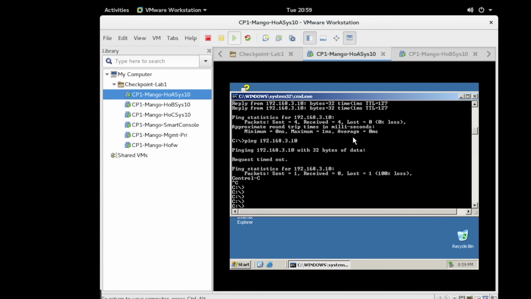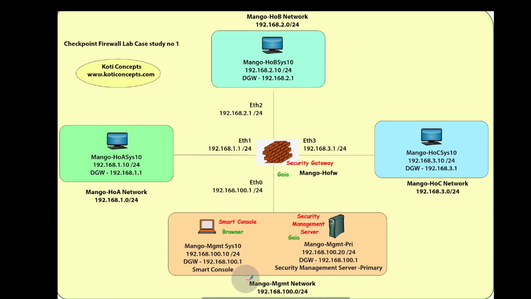Fine. So what do you see so far? We have seen how to create an object for the security gateway on the management server, and how to enable SIC between the management server and the security gateway. We also have seen how to create policies and install the policies on the security gateway. Using the Smart Console, we log on to the management server, create objects and policies on the management server, and ask the management server to install the policies onto the security gateway. So these are the three components in Check Point Firewall: Smart Console, Security Management Server, and then Security Gateway.